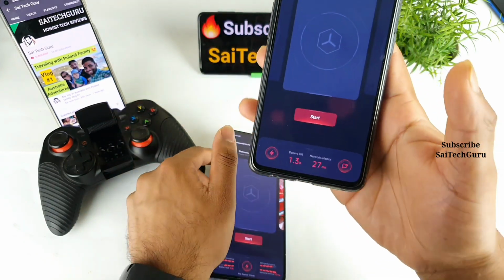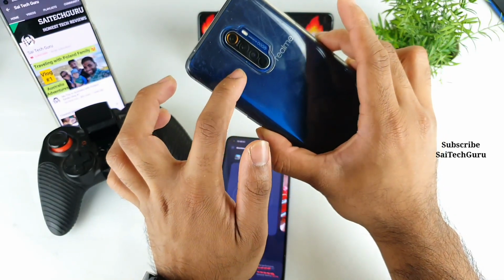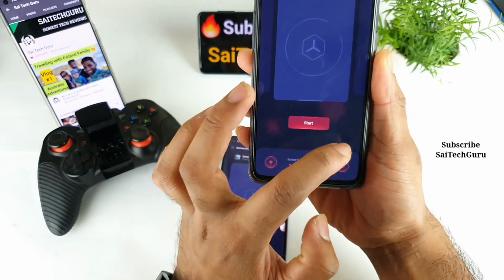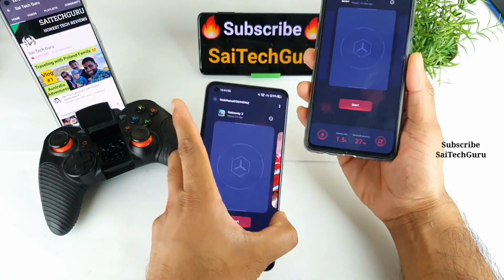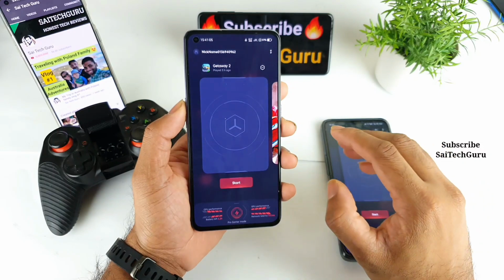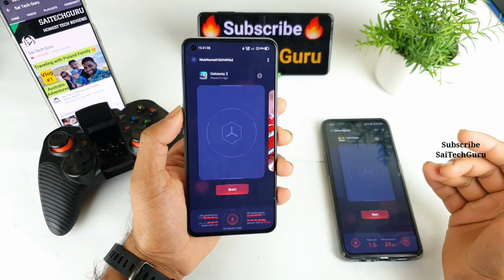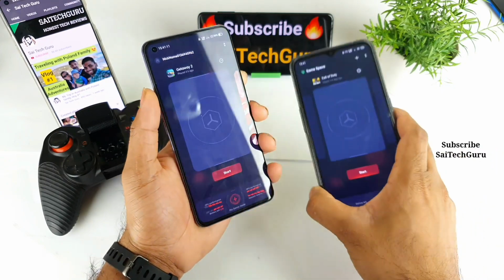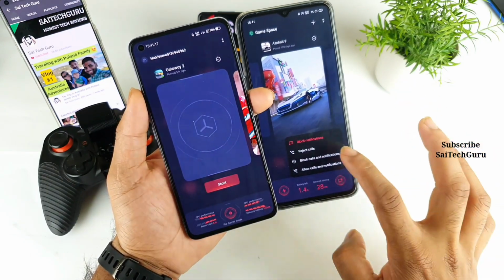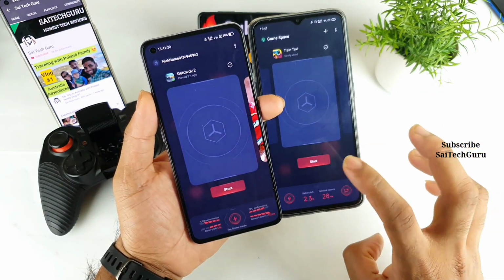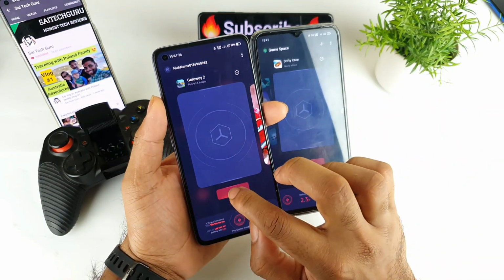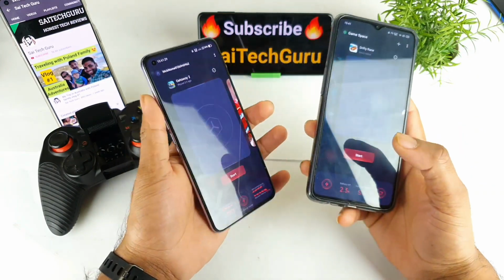Next, before, in the Realme UI 1.0 update on the Realme X2 Pro, you have this option where you can block and reject all the calls and everything in one spot. But in this Realme UI 2.0 update, in this game space application, you won't get any options, but you will get the options while you're playing the game. I'll try to show you, friends, how you can access that. Right now, in the before update, it used to be perfectly here, and every time you select any game, you can easily access all these things if you wanted. As you can see, friends, it was a very easy and convenient way of doing it. But right now after the update, it's completely different. You'll get the options while playing the game. So that's a second disadvantage.